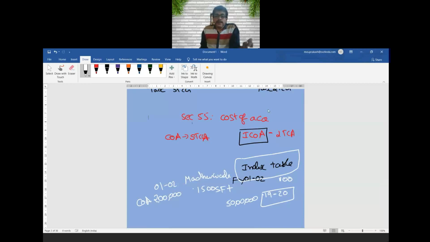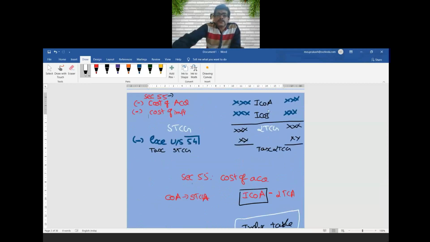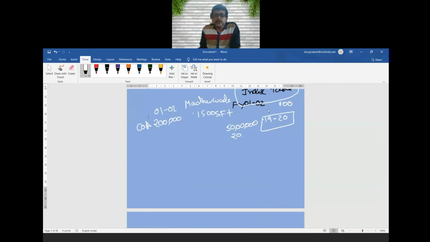Now, how did we consider capital gain here? Sale consideration less expense on transfer less cost of acquisition. Sale consideration 50 lakhs, no expense on transfer, cost of acquisition 2 lakhs. If the government asks me to pay tax on 48 lakhs as my capital gain, that is injustice. Why? Long back, the value was 2 lakhs. There is something called inflation. The inflation concept is there. In 2001-2002, the index value is 100. Simply put, when the index value was 100, the cost was 2 lakhs.